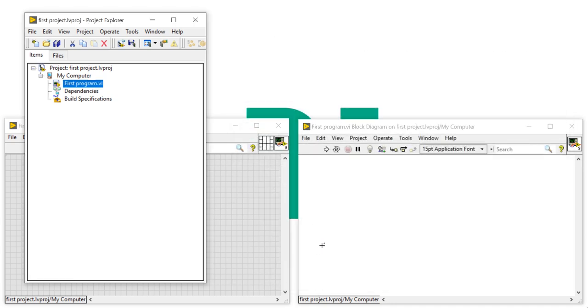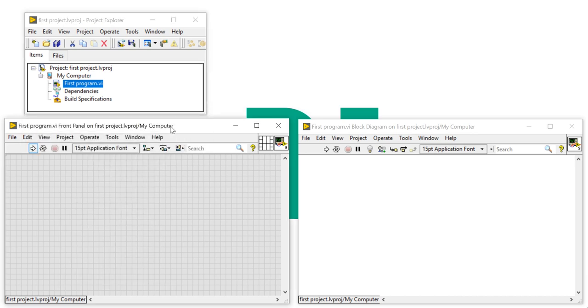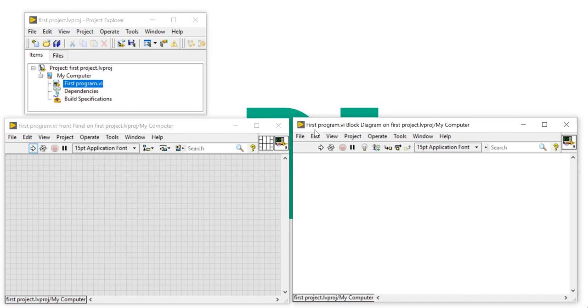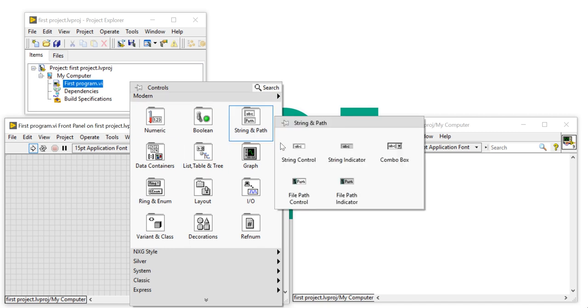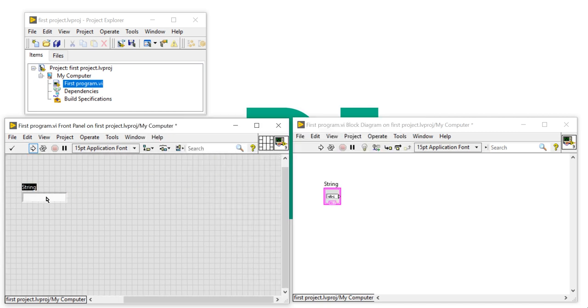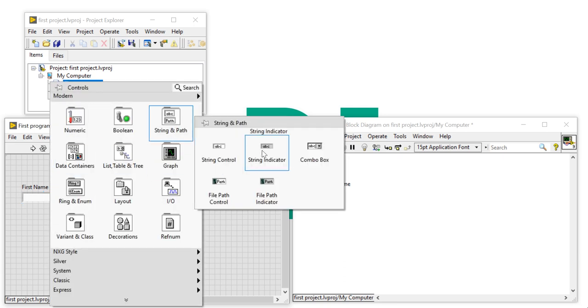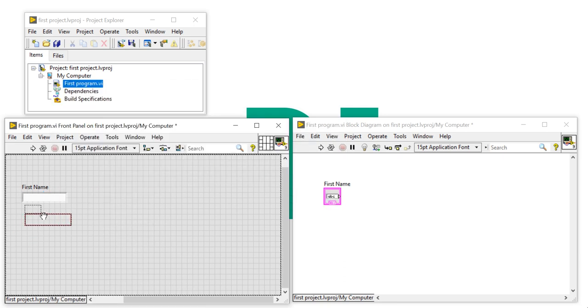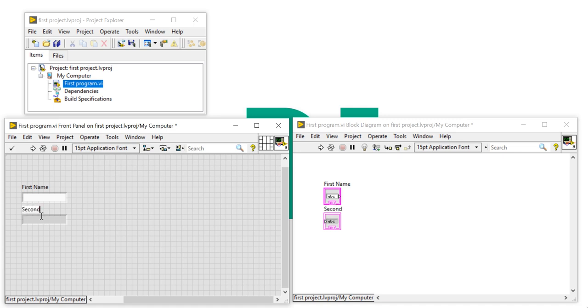So what kind of first program am I going to write here? Look here. I am trying to write a program to add names. Right click, go to String, and take a string control, first name. Now I am taking another one, second name.